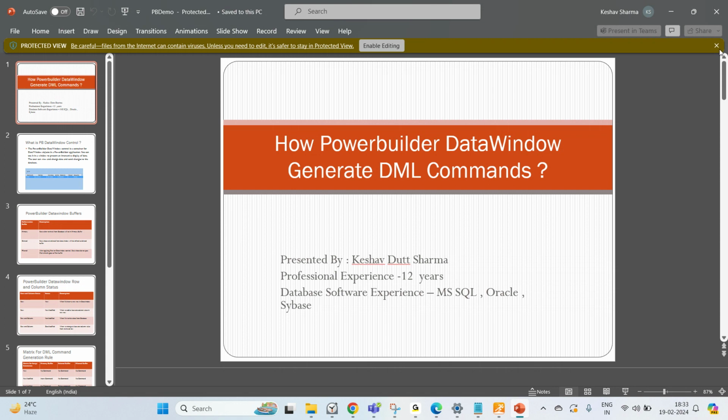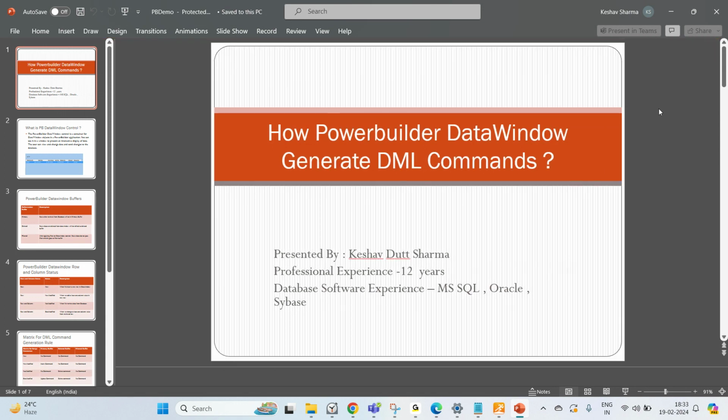Now the big question is, we are creating records and updating records using one DataWindow control dot update, and it is doing all the work: it is deleting, it is updating, and it is inserting. But how does it work? Okay, so the question now is how it works internally. So I have prepared one PPT for you. So here,